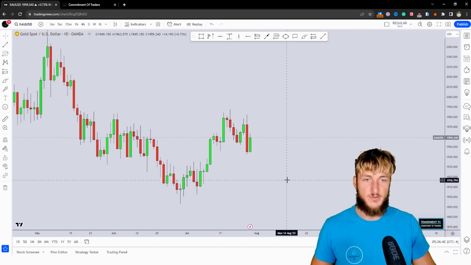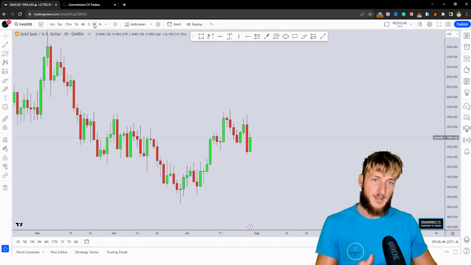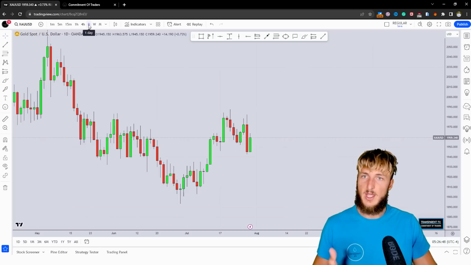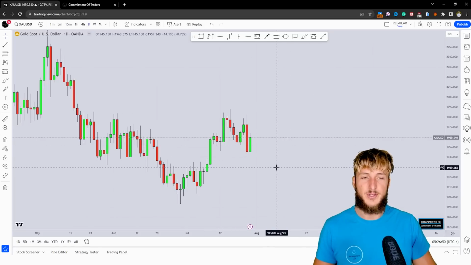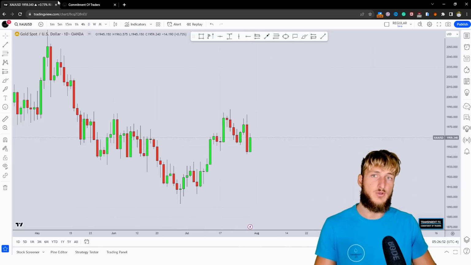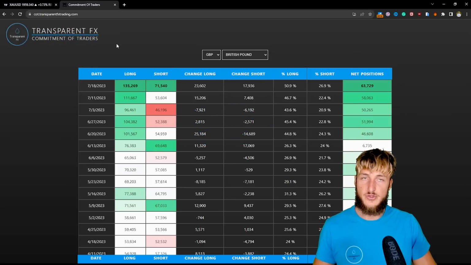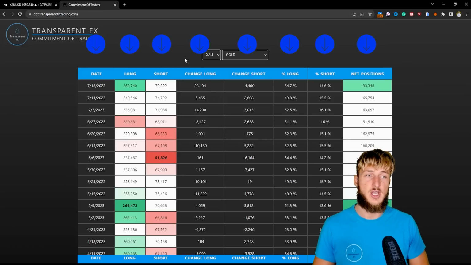Now, as I was previously explaining, by looking at the monthly and weekly time frame, at the moment everything is looking quite bullish. But here on the daily, there's a bit of contradicting structure. But before we get into that, let's first go and see what we have when it comes to the commitment of traders, so the COT data, which is what the non-commercials, so the biggest speculators in the market are doing,